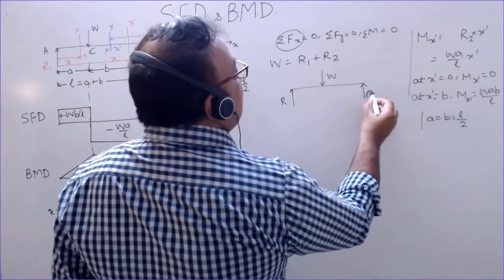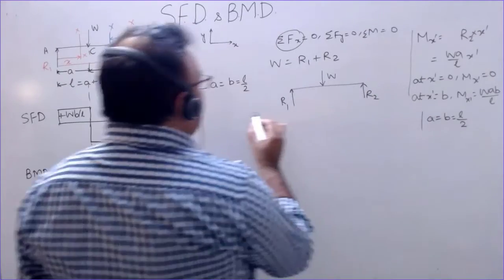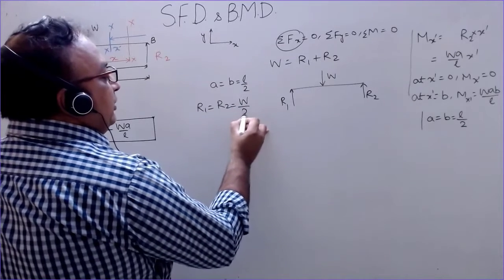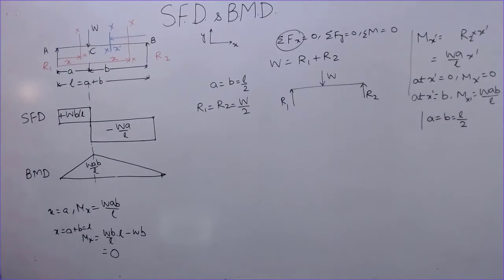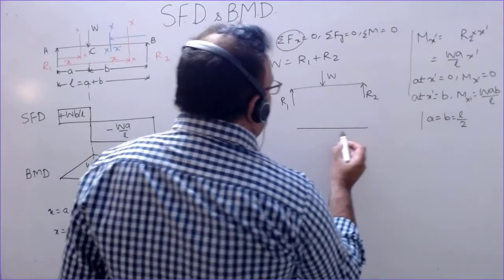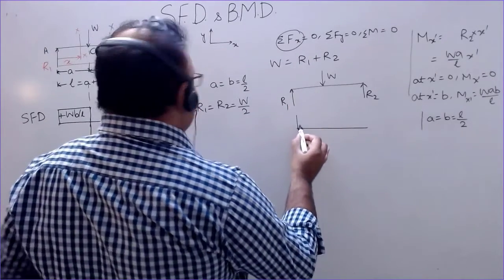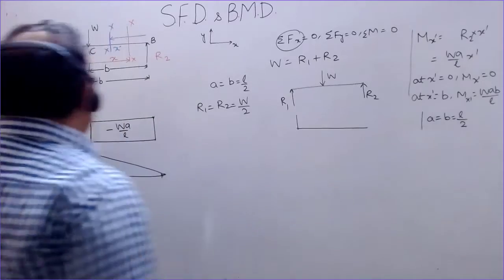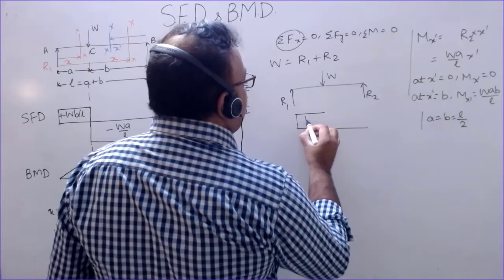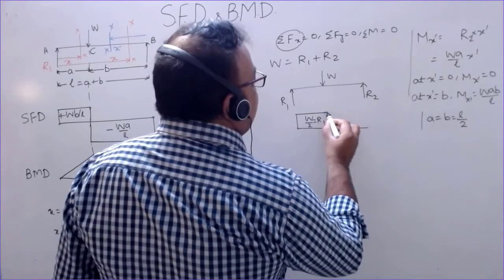The reactions for this symmetric type of loading, R1 equal to R2 equal to W by 2 by using the two equations, and you can draw the shear force and the bending moment diagram. So it will be equal to R1 for this portion. If you compare with this, if you write b equal to L by 2, so this is W by 2, which is equal to R1,